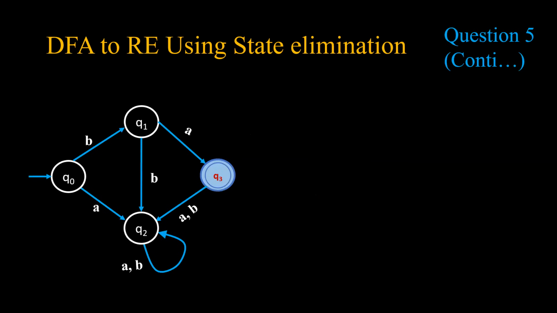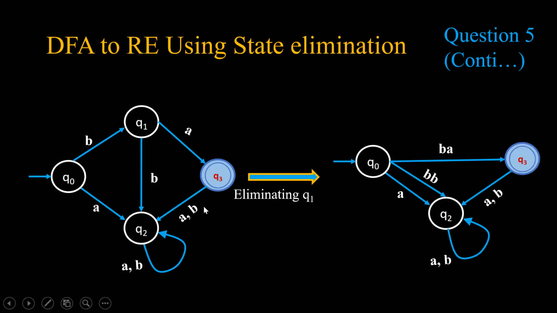First we will try to eliminate the state Q1. When we try to eliminate the state Q1, one output will be from Q0 to Q2 on BB. Another output will be Q0 to Q3 on BA. So this is it. We have one output BA direct from Q0 to Q3, another output BB from Q0 to